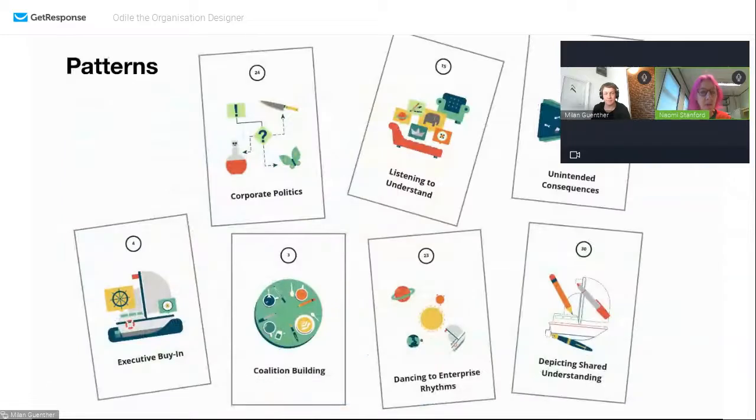And I think I'm going to hand over to Milan to explain some of the patterns that have come up in one of the books that the Intersection Group has written, and then close. You want to carry on, Milan?